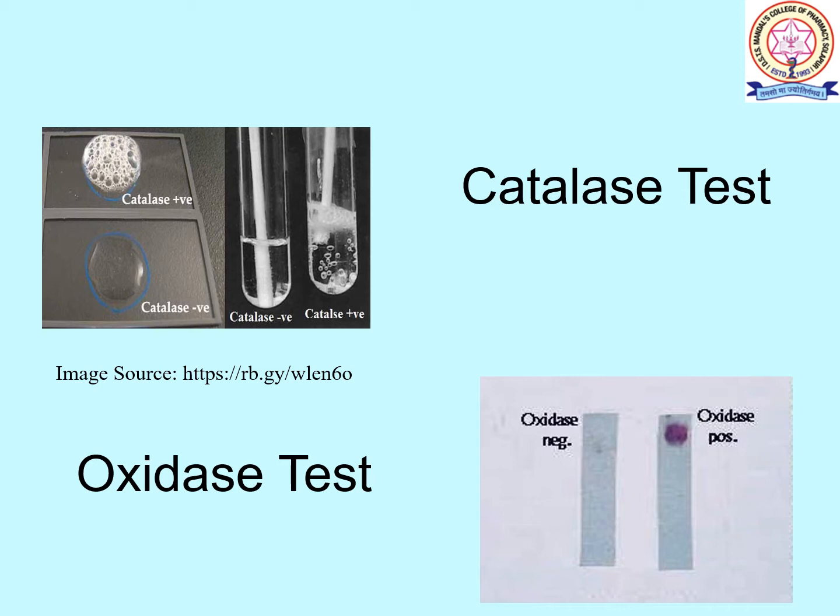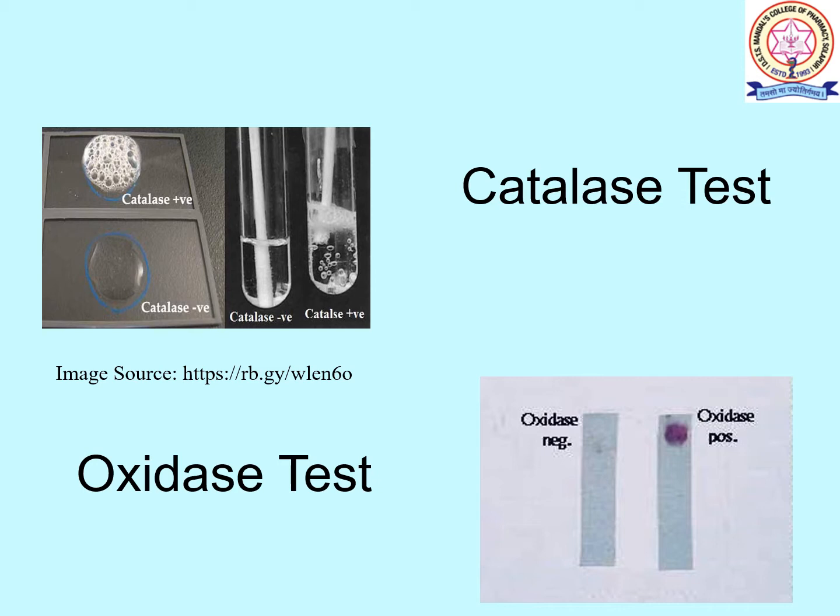The catalase test involves the enzyme catalase, which is found in nearly all living organisms that get exposed to oxygen. It catalyzes the decomposition of hydrogen peroxide to water and oxygen. It is important because it protects the cell from the oxidative damage by reactive oxygen species. The catalase test is used to differentiate staphylococci, which are catalase positive, from streptococci, which are catalase negative.